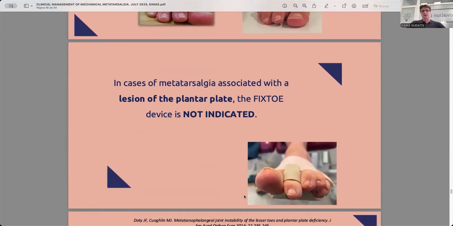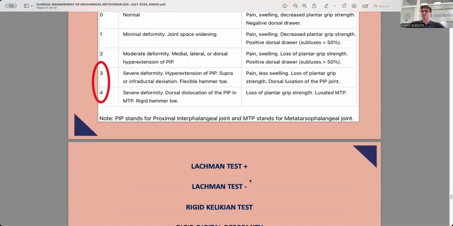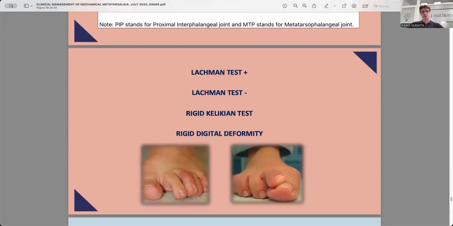On the other hand, in which cases should you not place the Fixtoe device? Basically, the Fixtoe device is less indicated in more severe deformities. The more rigid the MTP joint is during the plantar flexion, the less effective the device will be. In other words, in cases with fixed and advanced deformities, the prognosis and success rate of using the Fixtoe are clearly lower than expected. The Fixtoe device should not be used when we have a positive Lachman test, rigid Kellikian test, and a fixed